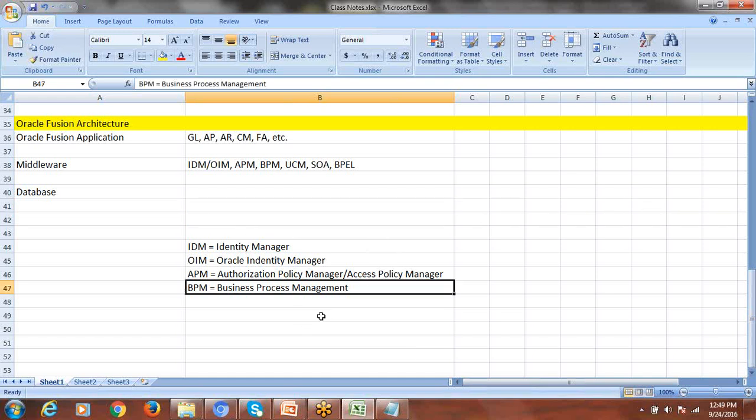So, business process management. In EBS we have AME, the Approval Management Engine. If you want to do approvals for invoices, you can do it through AME. If you want to do journal approvals, you can do that from GL itself. Purchasing approvals you can configure from purchasing itself. And if you want to customize any approvals, you have to do it from AME, where you'll be